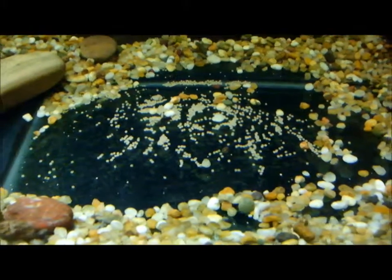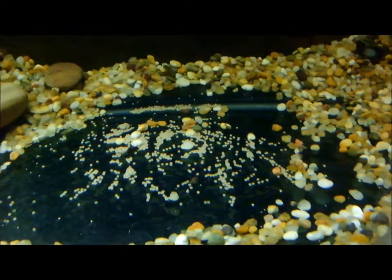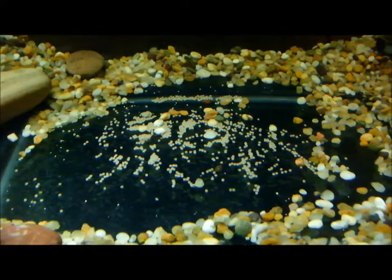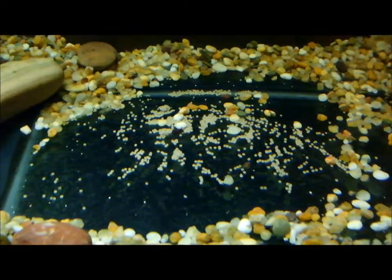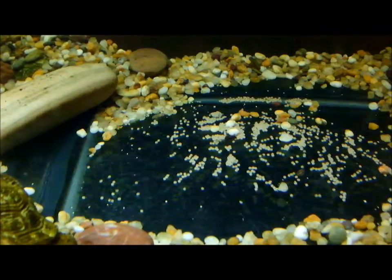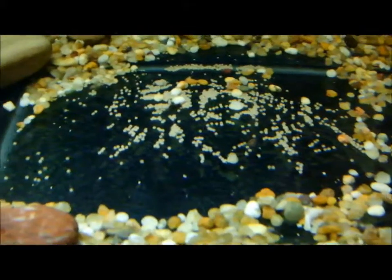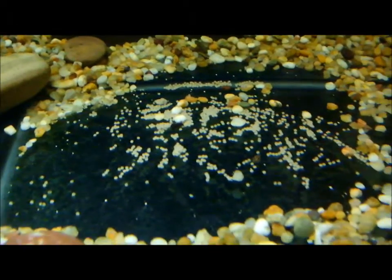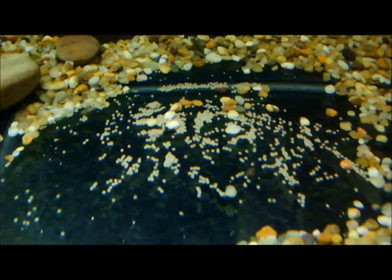Here's a whole bunch of Oscar eggs that Gandalf actually laid. So Gandalf's a girl, so I'm going to have to rename her. And since I've never done this before and I had heard that they may eat them, I decided to remove all of the fish from the tank after they had had long enough for the other fish to supposedly fertilise these. Now they have gone a slight tannish colour, which usually means that they are fertilised,